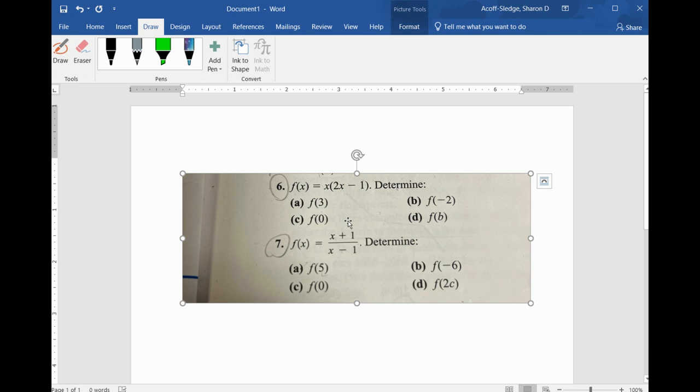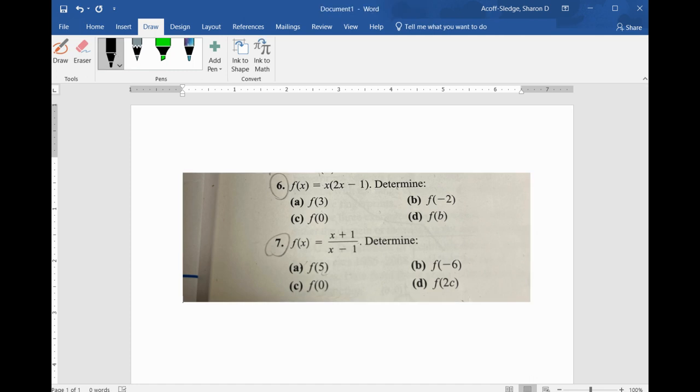Okay, here we go. All right, so for this first one, this is your function, and then you're substituting a value in, like for f of x equals x times the quantity 2 times x minus 1. You're going to substitute 3 into this function wherever you have an x. I'm going to show you how one of my students does it. F of x equals x times 2x minus 1. This is multiplication. So f of 3,